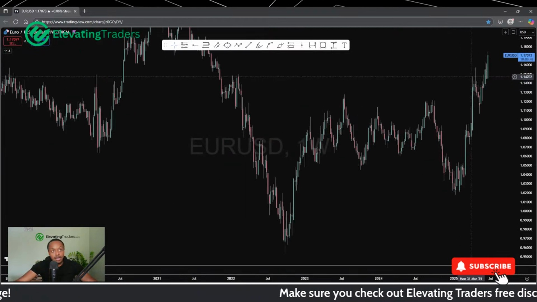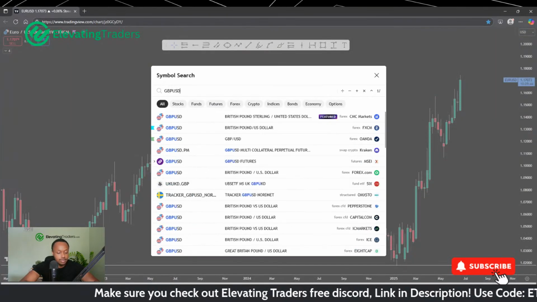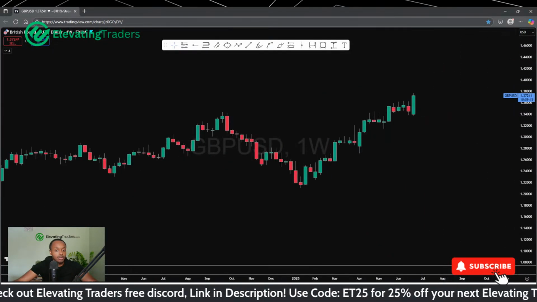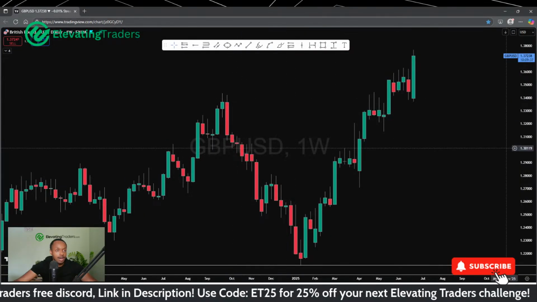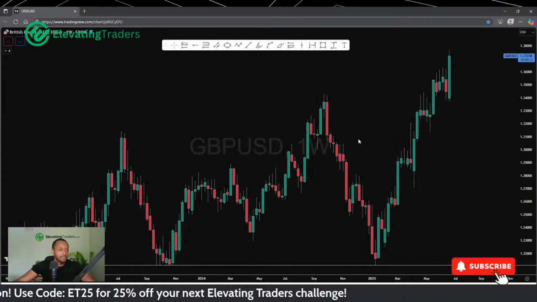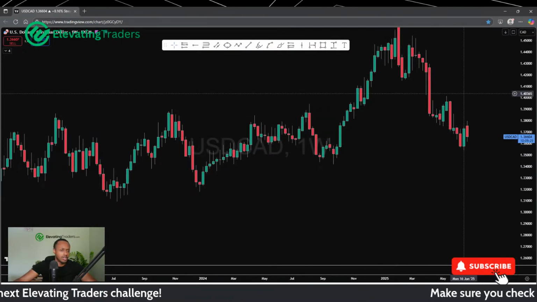But yes, weekly candle looking very bullish, of course. The USD pairs have been flying this week. Yep, pound USD pushing higher after respecting the high previously. Dollar CAD looking pretty bearish. So the key takeaway with the weekly candles here, I mean, dollar CAD's not doing too much there actually.